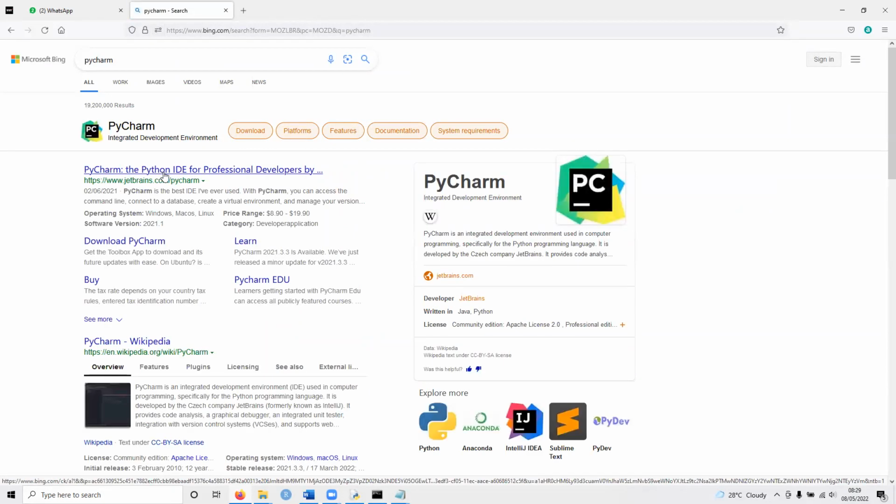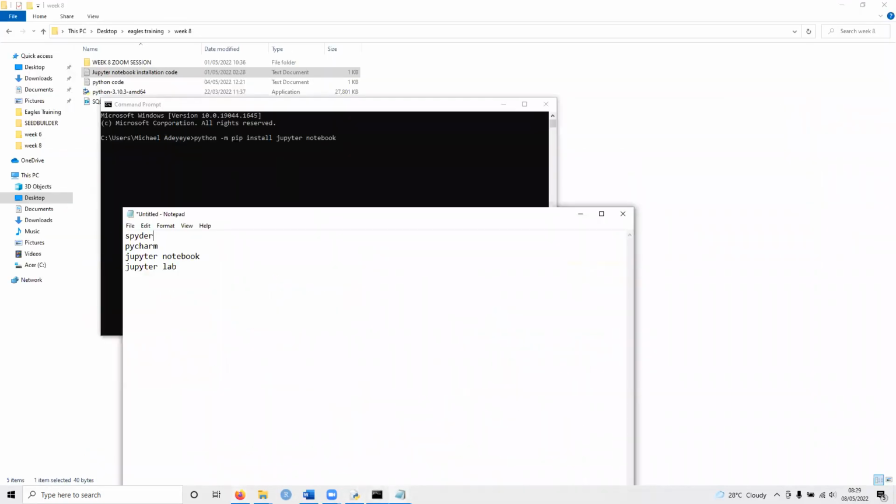And then you can see Python IDE for professional developers. So you can also download it. Also Spyder and all that, right? But you can also download